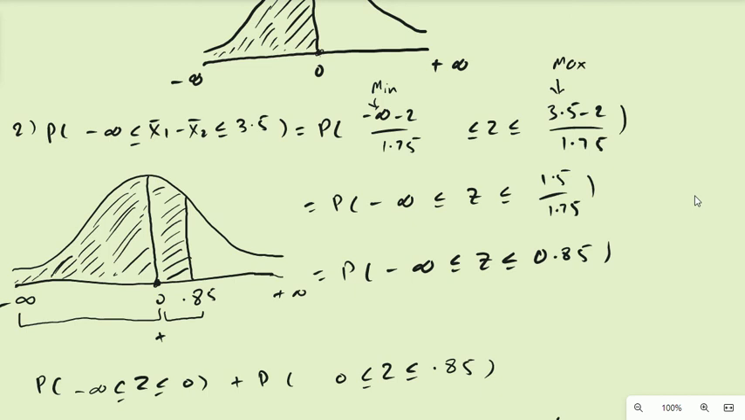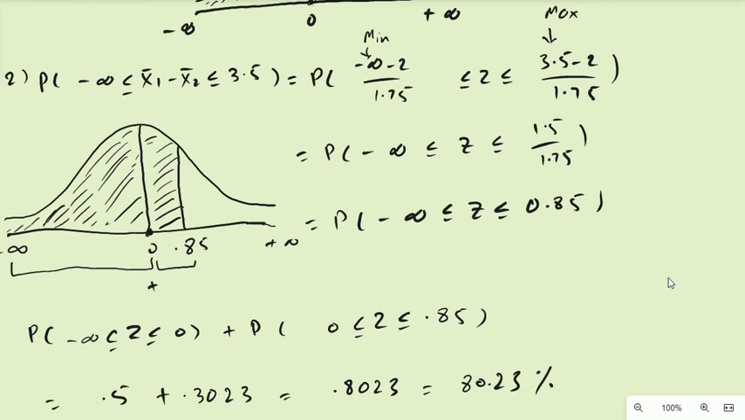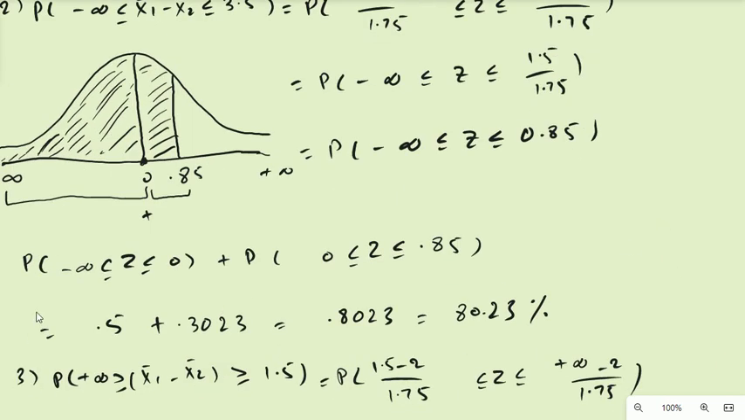This can be calculated by 0 is greater than z is greater than minus infinity, plus 0 is less than z and less than 0.85, because between 0 and minus infinity, 0 is greater, and between 0 and 0.85, 0.85 is greater. For this area, the total probability is equal to 0.5, and we have to see 0.8 below 0.05 in the table. So, this area is 0.5, and if we use the table and search 0.8 below 0.05,